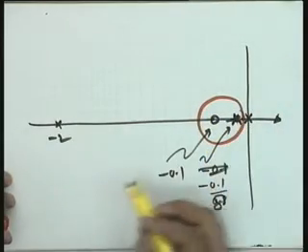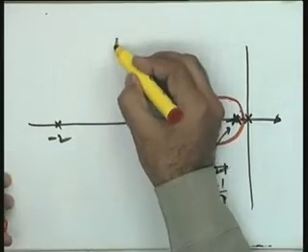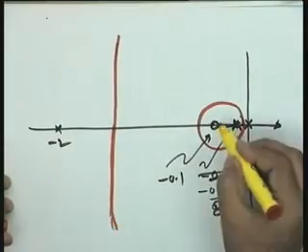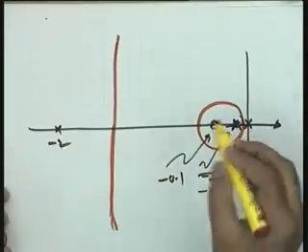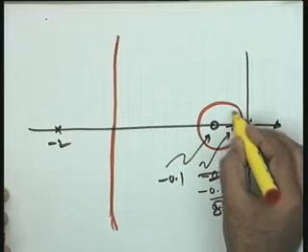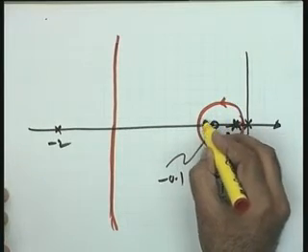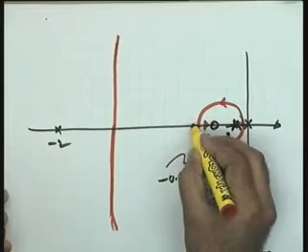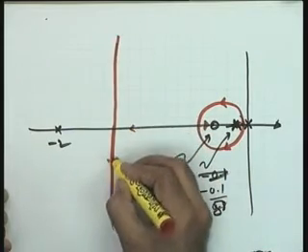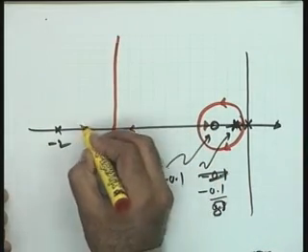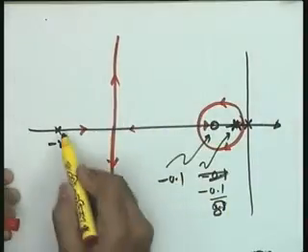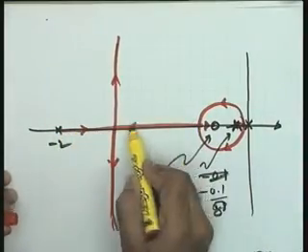You can check, you see, in this particular case there will be two breakaway points. One breakaway point here, roughly I am taking here, and one breakaway point here. A root locus branch starts over here, goes this way, terminates at this point. Another root locus branch starts from here, goes this way and terminates at infinity. Other root locus branch starts from here, goes this way and terminates at infinity. This is your root locus sketch, which can easily be examined.